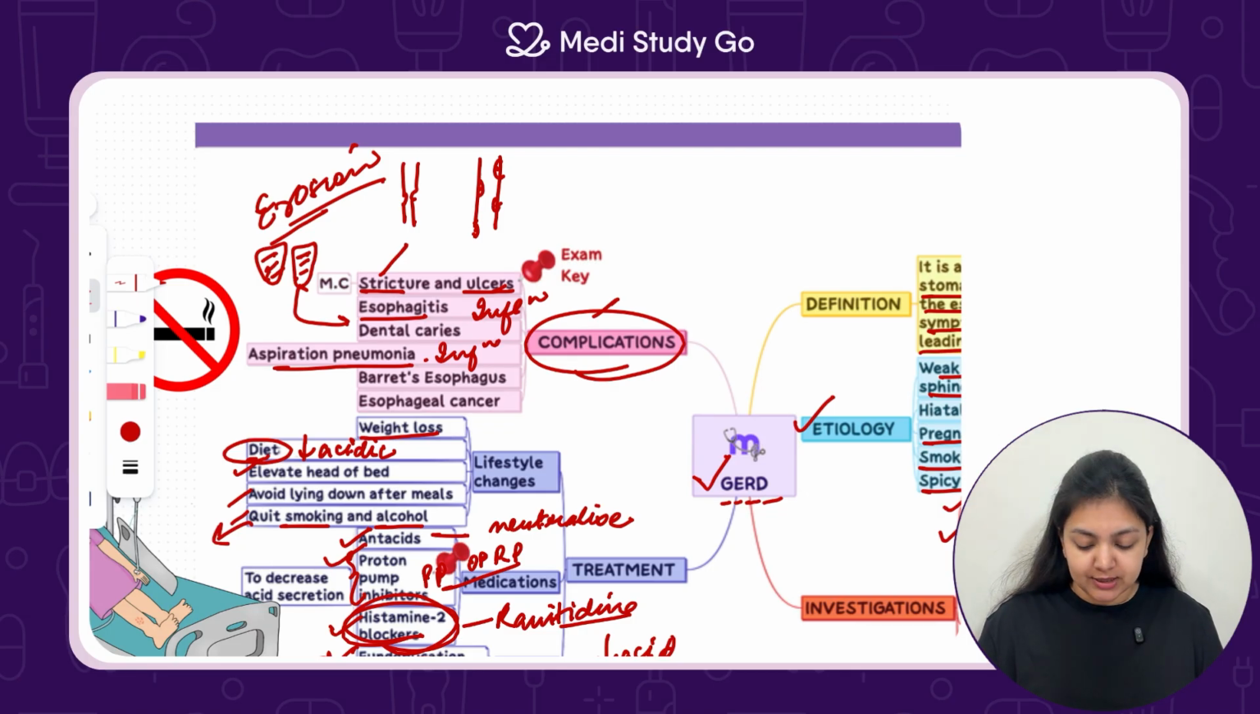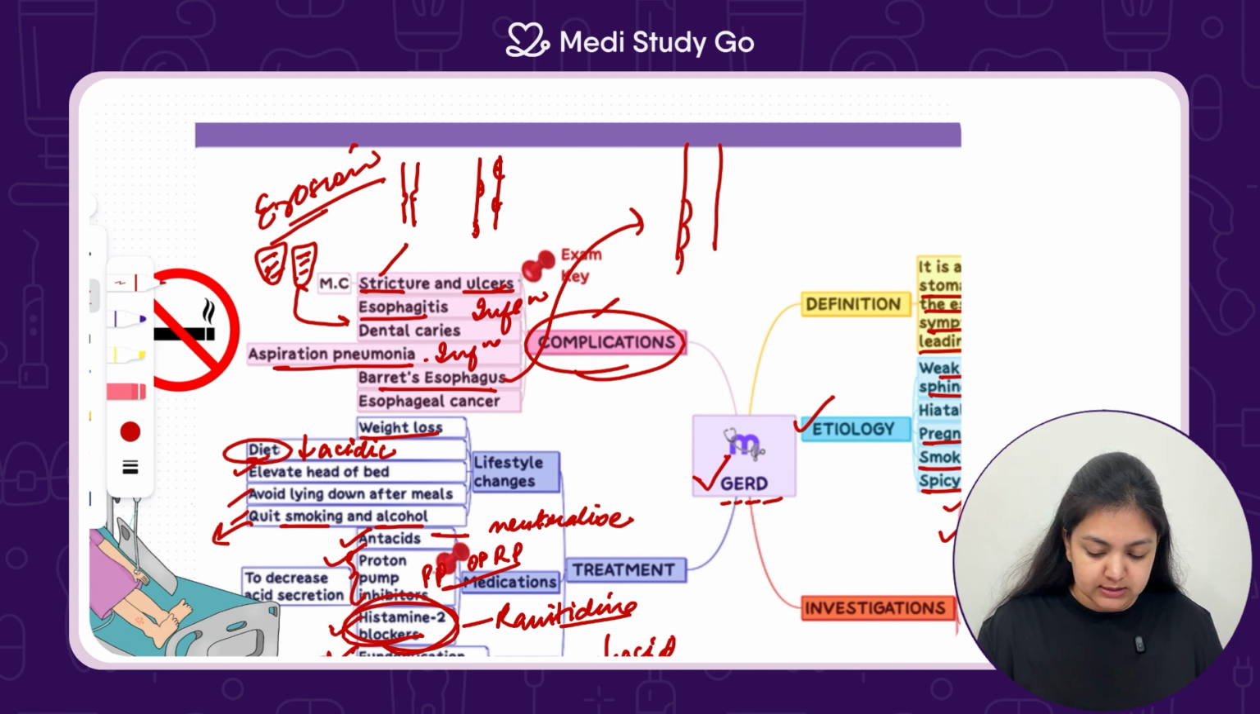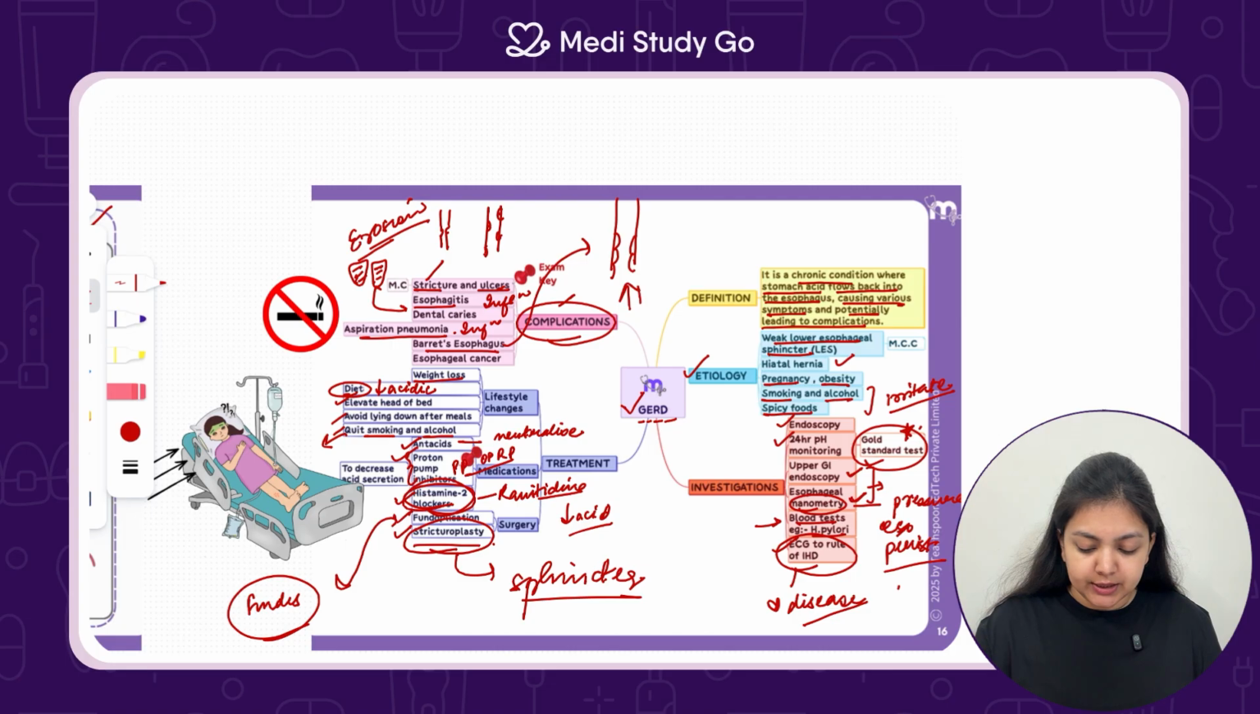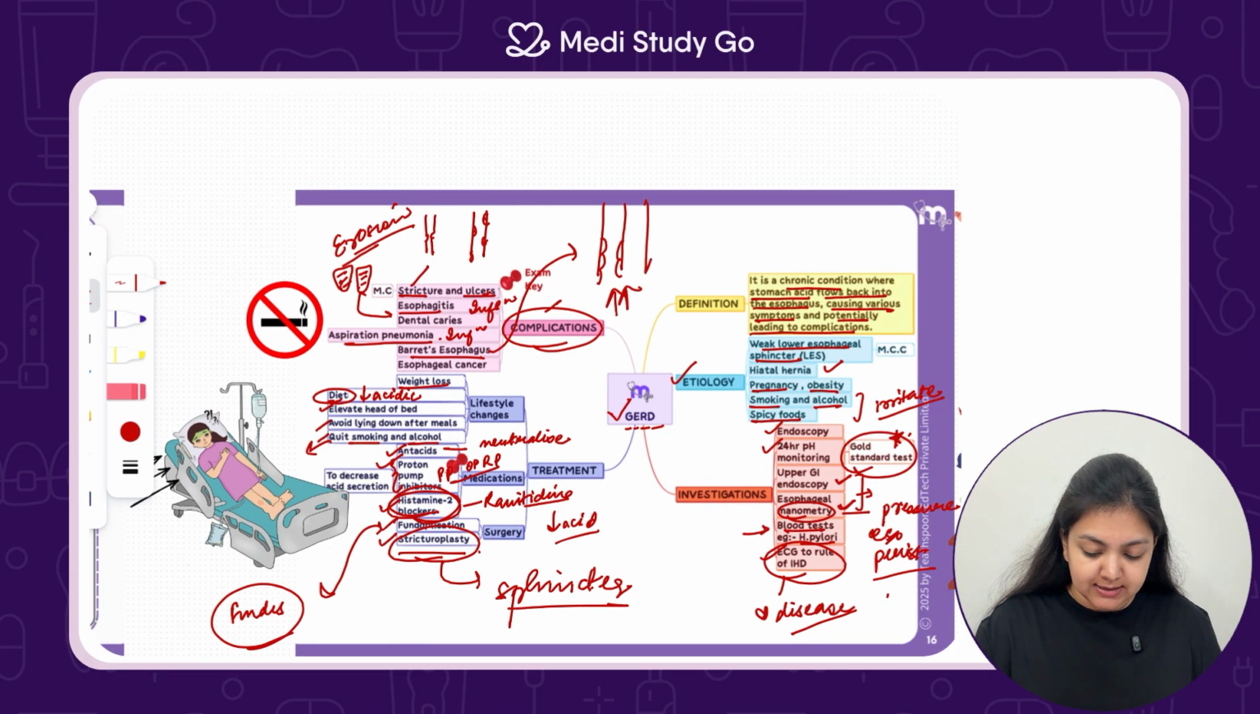Another complication which can happen is Barrett's esophagus. Now, what happens in Barrett's esophagus? Normally, the esophagus contains flat squamous cells because it is a mucosal lining. But due to constant irritation from the acid, these flat cells convert into tall columnar cells, and this can eventually lead to esophageal cancer. So therefore, the treatment of GERD is very important because it can lead to some severe complications which can be